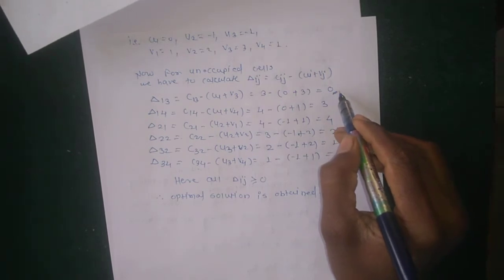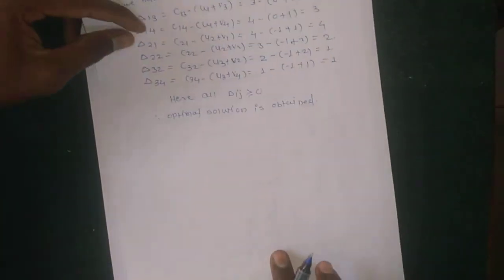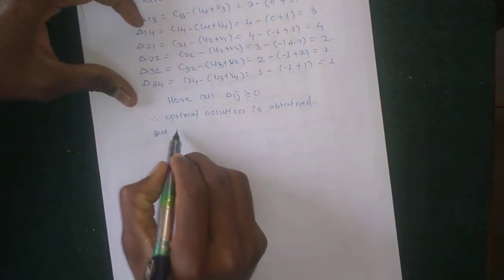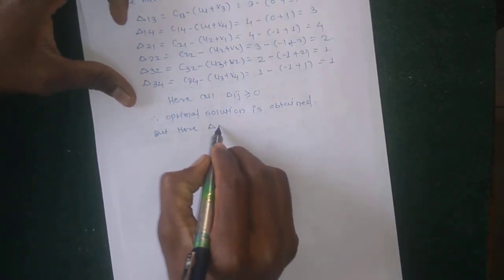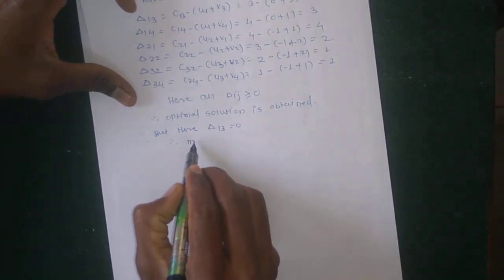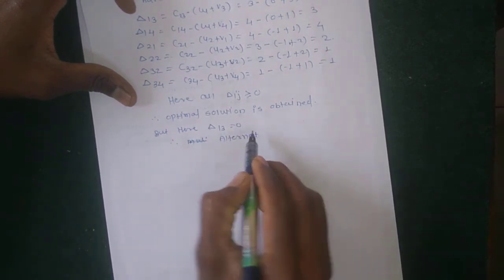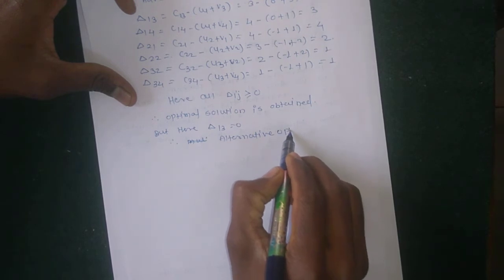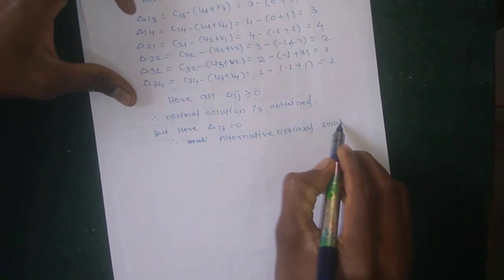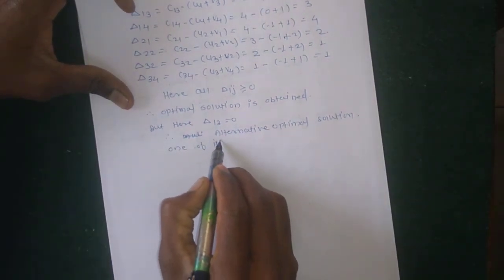So delta 13 is equal to 0, therefore it has an alternative solution, that is, multiple or alternative optimal solutions. And one of its solutions